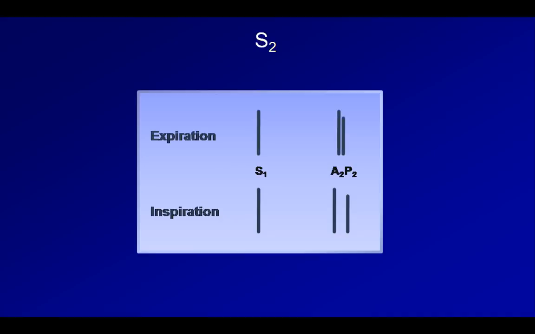The varying timing of A2 and P2 throughout the respiratory cycle is a function of two changes that occur during